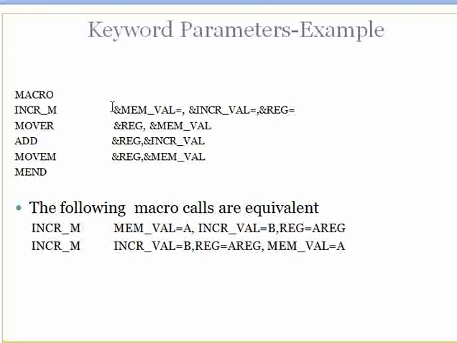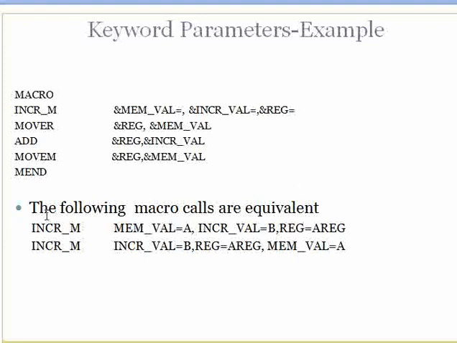Now if you look at the first parameter, it happens to be of type keyword because we have written an ampersand followed by the name of the parameter followed by the type or the kind, which is represented in the form of equal to. So if there is an equal to associated with a formal parameter, then it is of type keyword parameter. INCR_val in this macro is also of type keyword, and also register, because of this equal to sign.